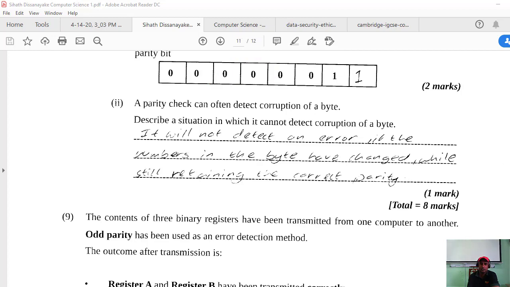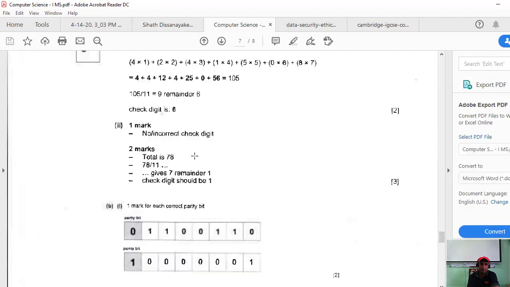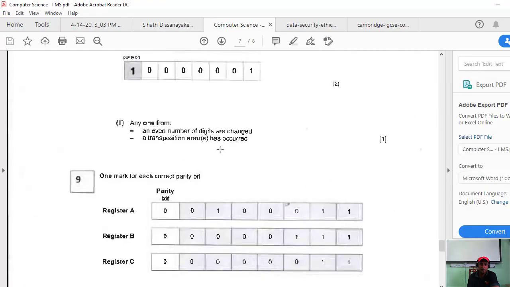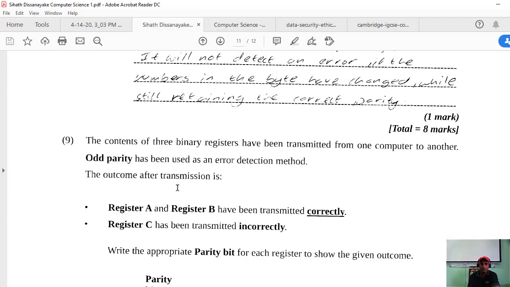We'll check that in your marking scheme. Yeah, this is the word: transposition errors have occurred, and an even number of digits are changed. So these are the two answers. I think your answer is okay.